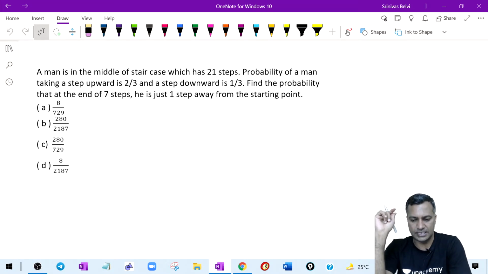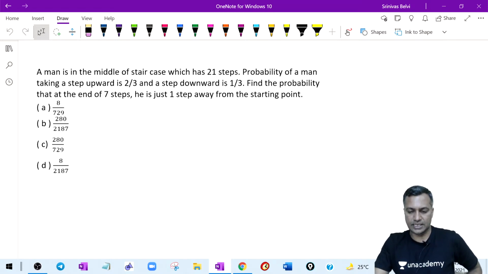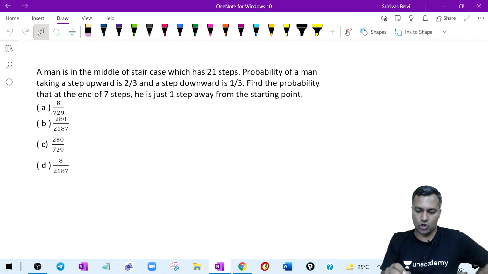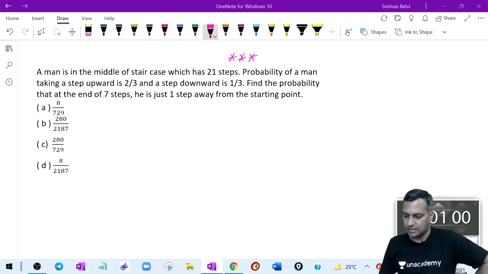The main concept for the day is this. How do we deal with this concept? It is a very important concept in probability for exams like CAT, XAT and IIFT. This concept is very, very important. I will tell the concept later. First, look at the question and try to make some sense of it. I will leave a minute. Think about it for a minute. You get the answer or not, doesn't matter. Try and understand the question.